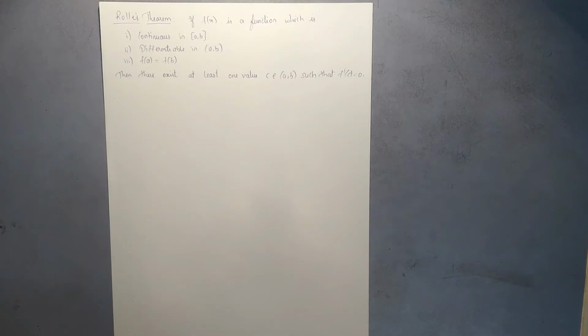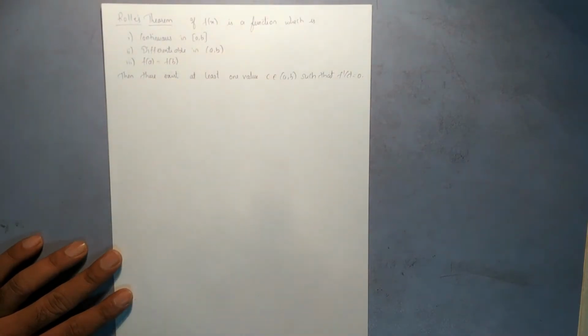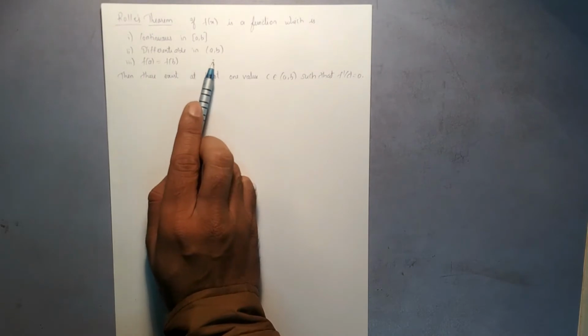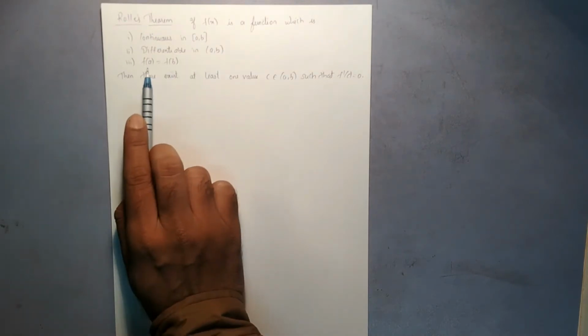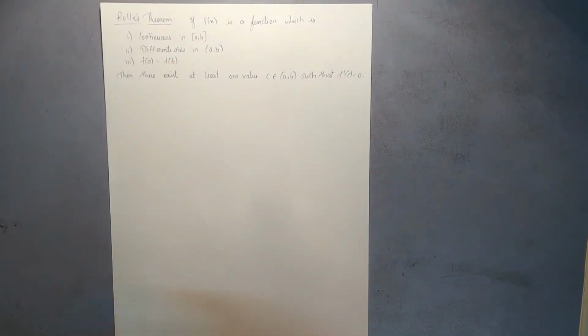In this video, we are going to study Rolle's theorem. If we have a function f of x which satisfies three conditions, which are f of x is continuous in a closed interval [a, b], f of x is differentiable in the open interval (a, b), and f of a is equal to f of b. If all these three conditions are satisfied for a function, then Rolle's theorem states that there exists